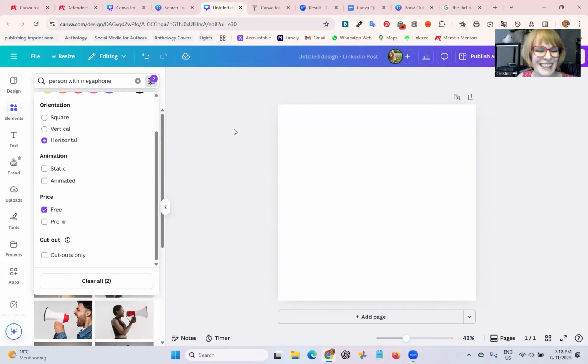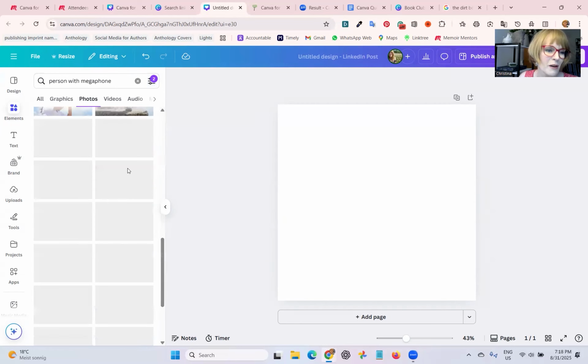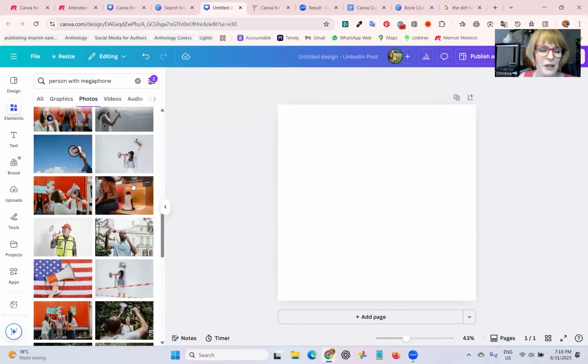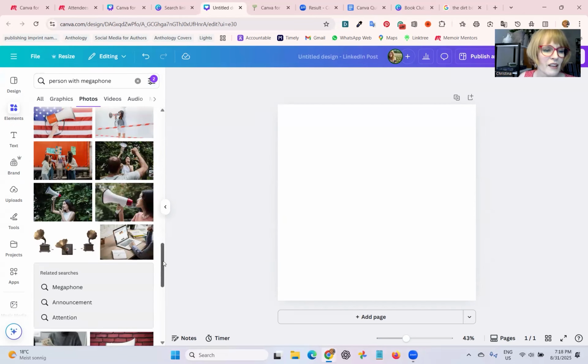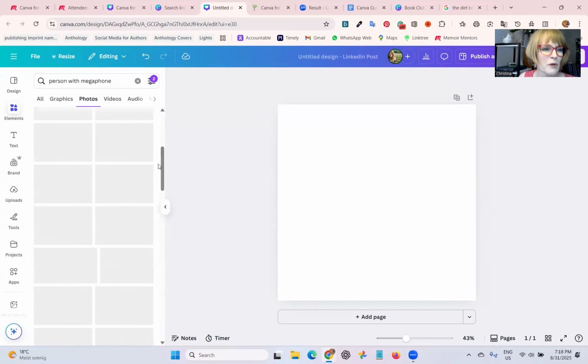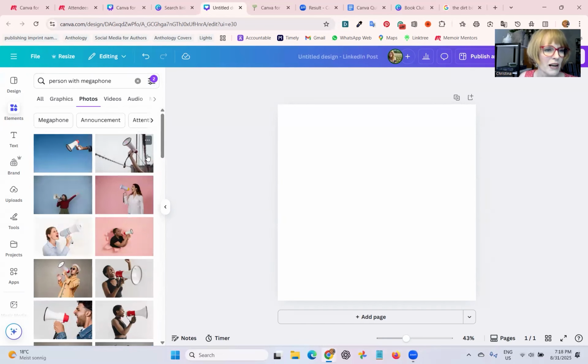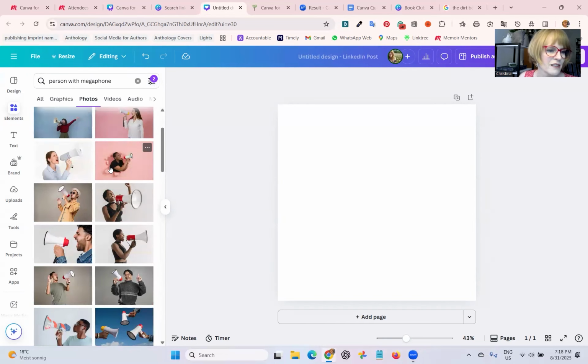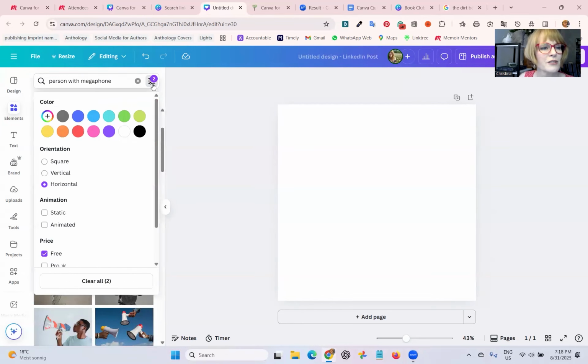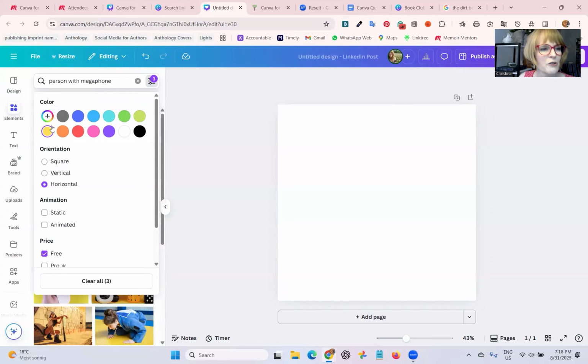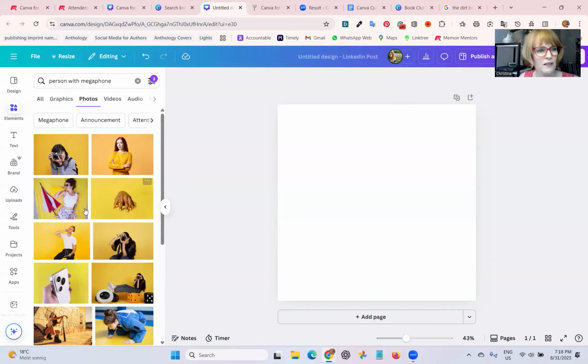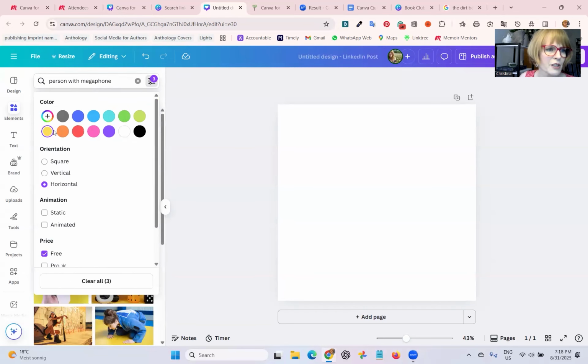Unfortunately, I already looked at this, and there aren't a whole lot of options. Oh, actually, there are quite a few. I had it limited to yellow ones, and there weren't very many people with megaphones for yellow background. But there's quite a few here without that yellow as a filter. But if you have brand colors that you want to make sure you get, you could filter by that as well. And you can see not much there for megaphone for yellow. So let's take that filter back off